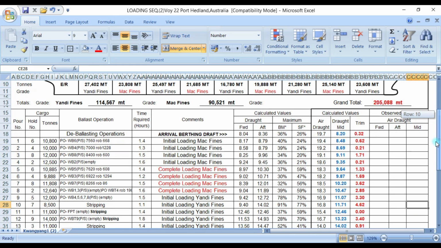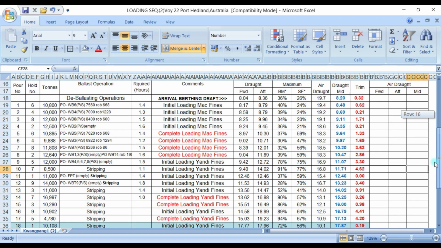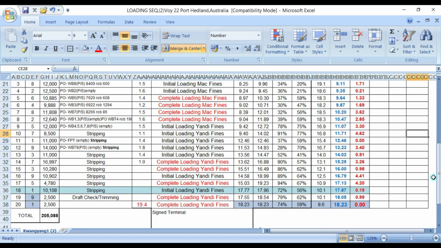With this sequence, let's say that in pour number 18, the vessel has to stop because we want to know how much is the cargo to load for trimming, and our departure draft will be even keel of 18.23 forward, 18.23 aft, and midship will be 18.23 and no trim.